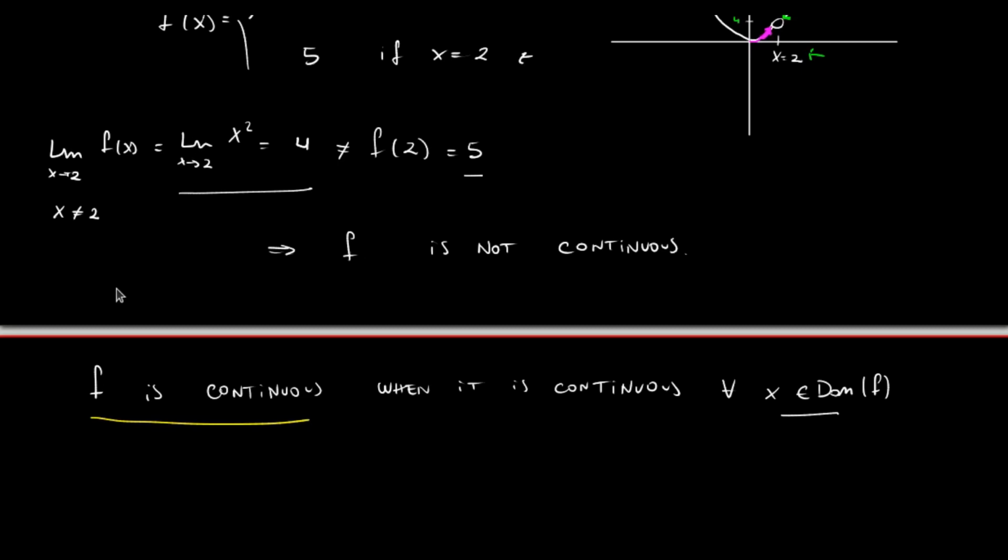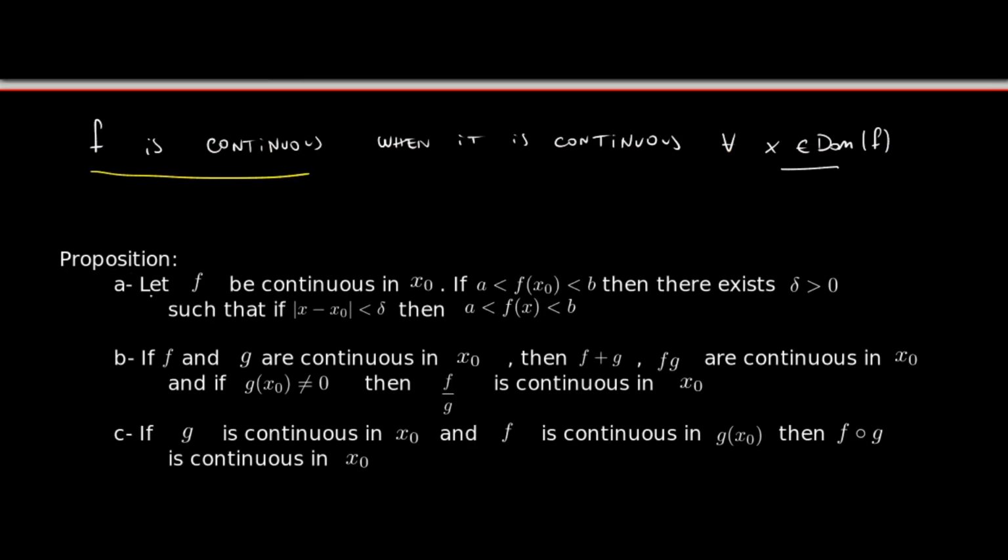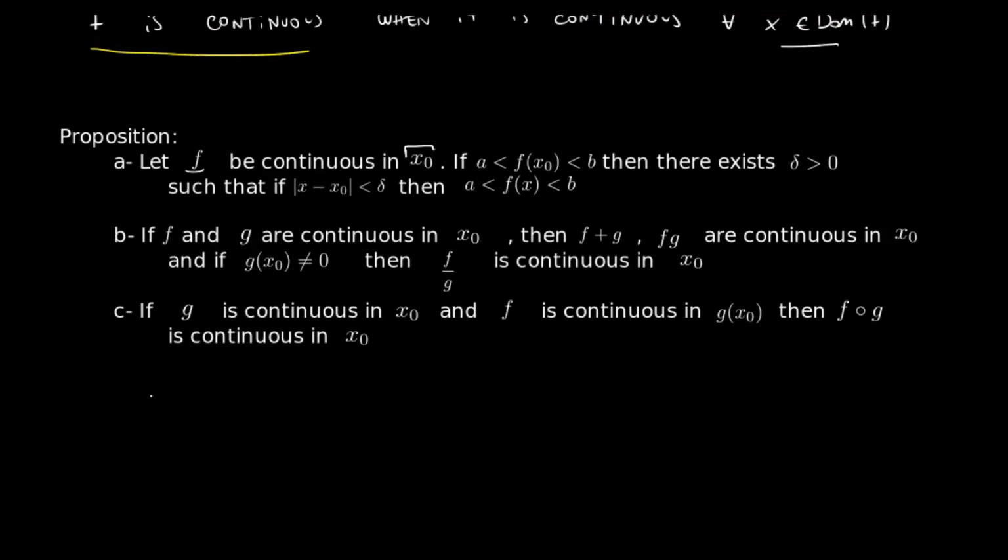And of course there's no video in this channel without a proposition, so let's start with the first proposition in this video. The proposition is divided in 3 parts. Part A says that we have a function f that is continuous in a point x0. I'm going to draw the drawings simultaneously. So part A,